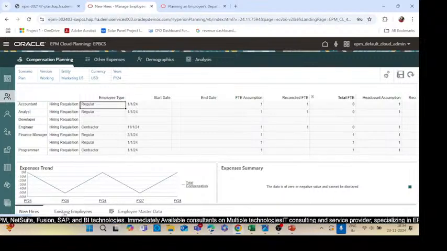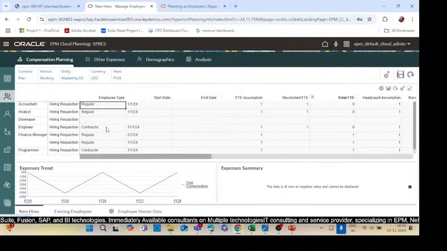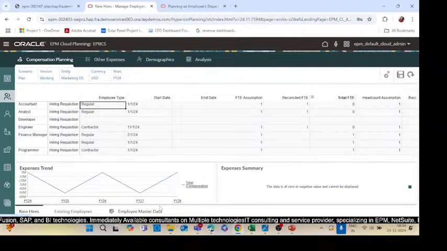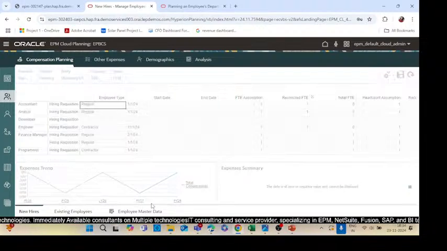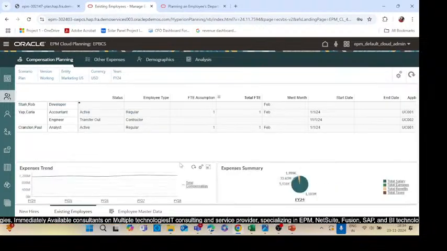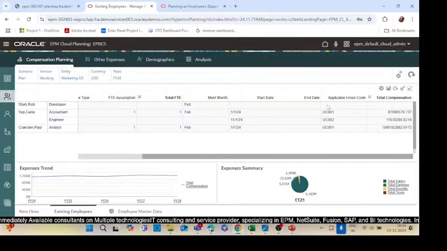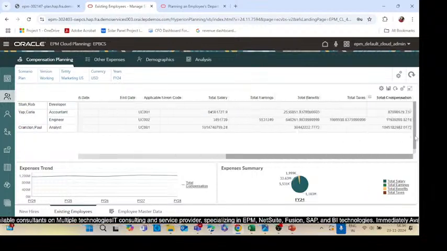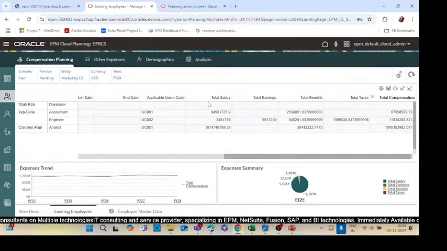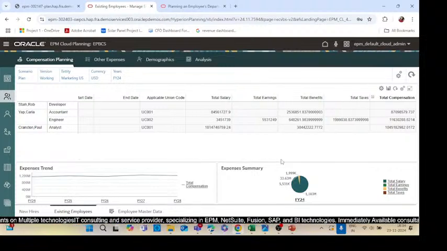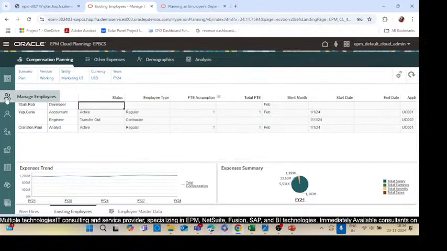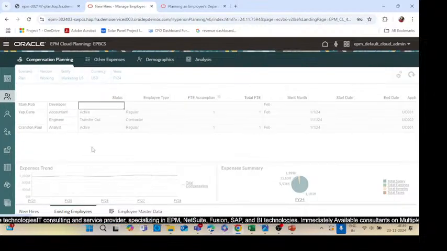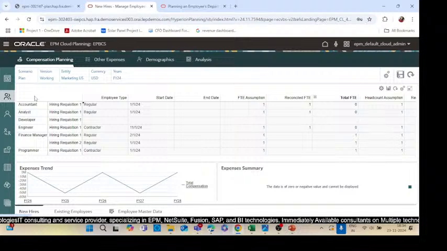Because I have already associated many of these employees with the existing ones, that is why you cannot see the benefits and the total compensation here, because once we add this to the existing employee, we see all the calculations directly here. So here you can see the total compensation, and under the total compensation the total earnings, total salary, benefits, taxes, everything is defined. So again go to the new hires and just right click,